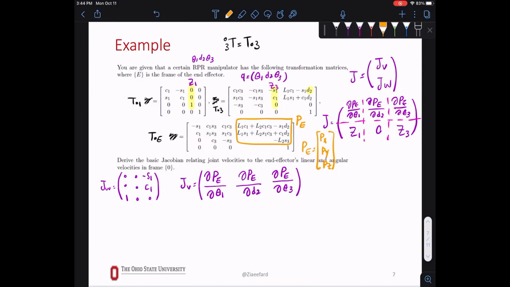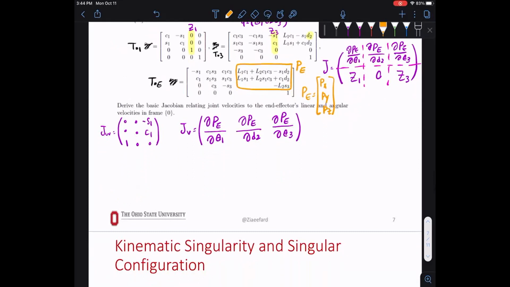So for your code, like for PA2, depending on which method you chose, POE or DH table, you might have a different way of calculating the Jacobian, but it should give you the same solution. This is a long calculation. I'm just going to do it for one part, but in the annotated version, I have all of it. So JV,